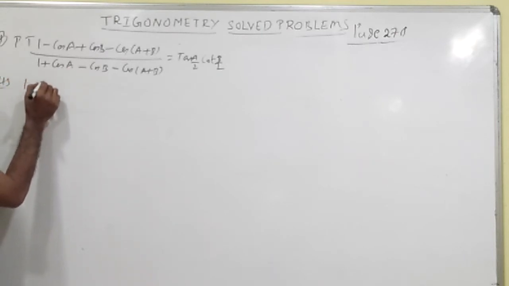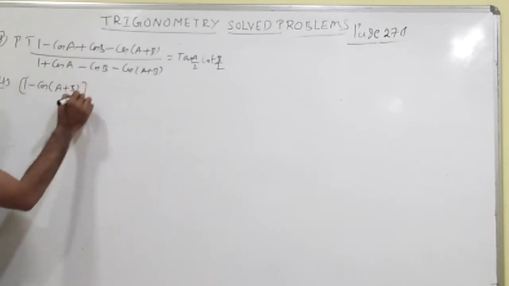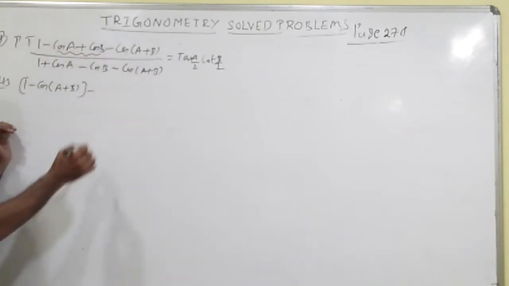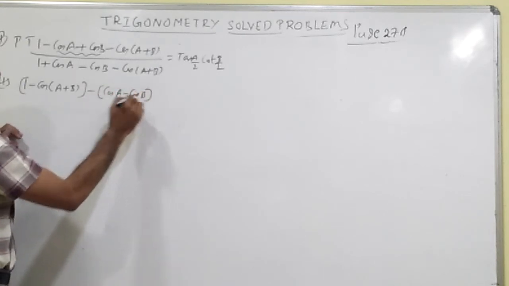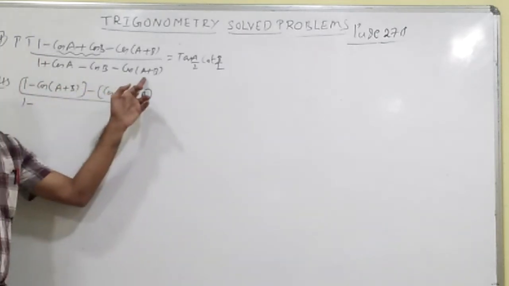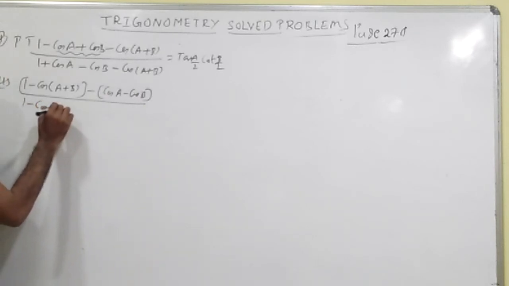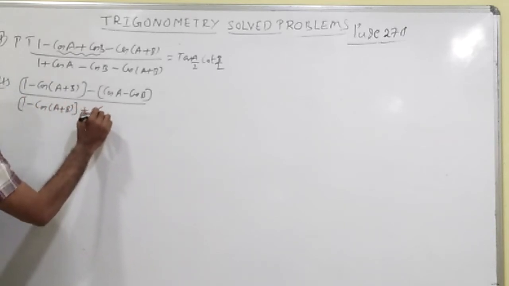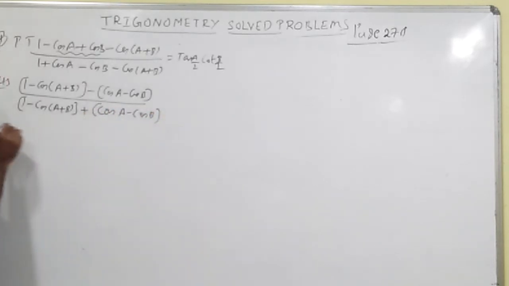So better to write like this: 1 minus cos of a plus b. Take this one as a term. Minus, take common in these two terms, minus of, within brackets you write, minus of cos a minus cos b, whole by, similar way, better to write here in the numerator 1 minus cos of a plus b, and plus you write now, plus cos a minus cos b. That is equal to,